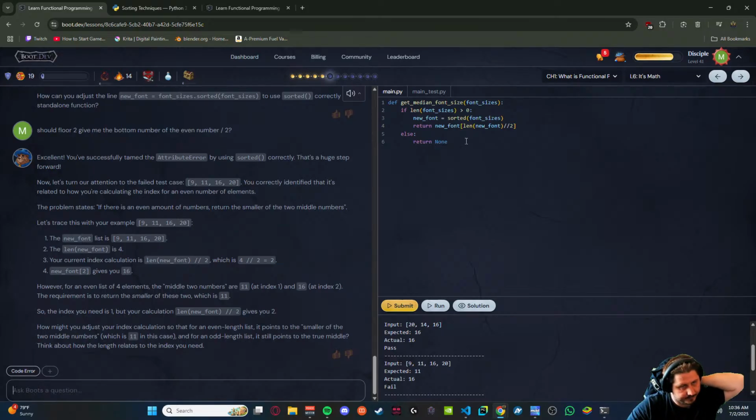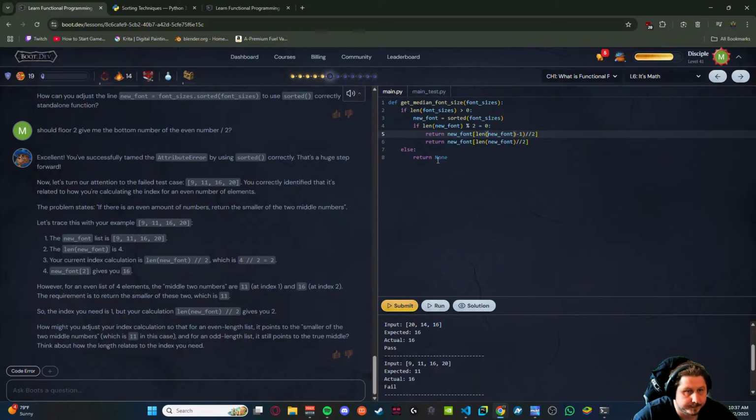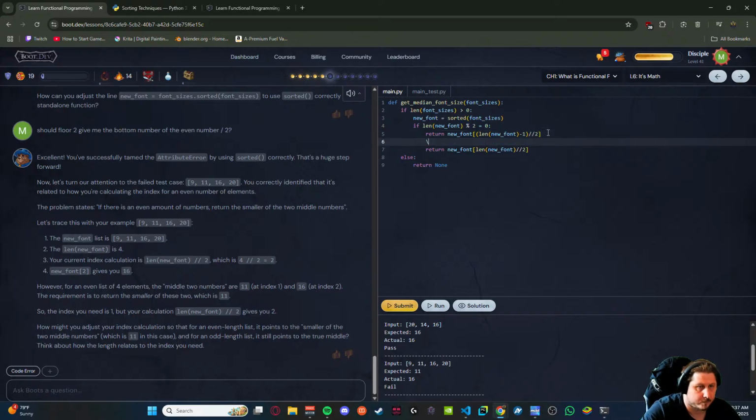So the index. Okay, so if len of new font mod 2 equals 0, return new font len of new font minus 1 divided by 2, else.